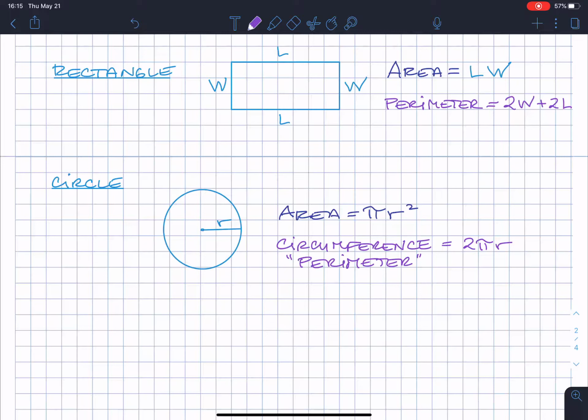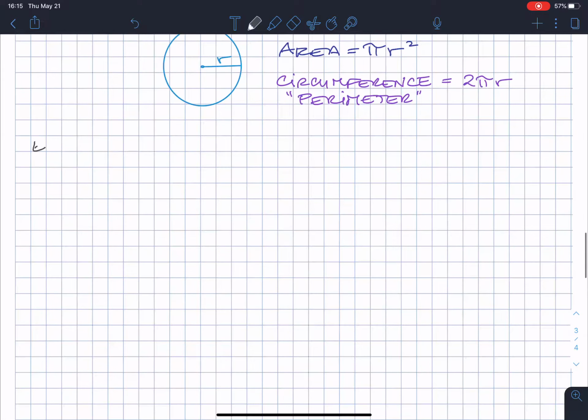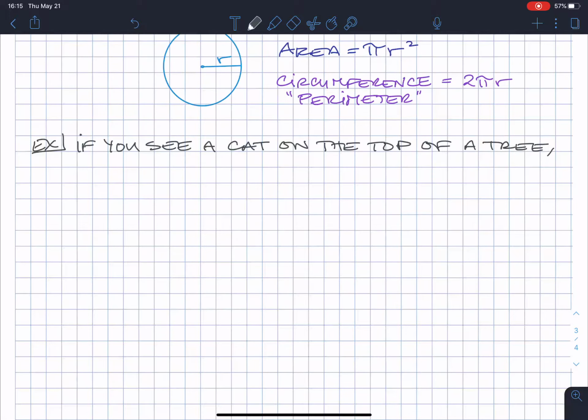Okay. So I don't know if you've seen these before or not, but hopefully you have. If not, go ahead and learn them now. And now let's go ahead and apply them. So for example, if you see a cat on the top of a tree, and the base of the tree